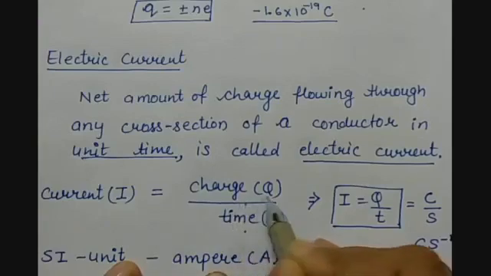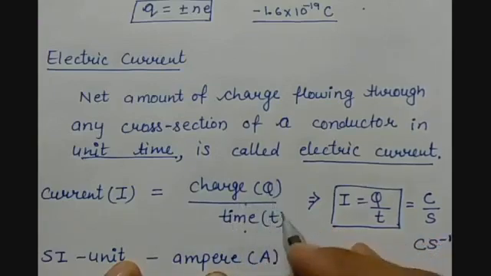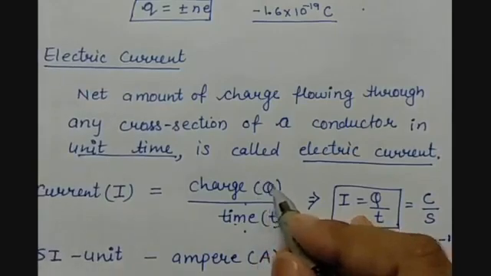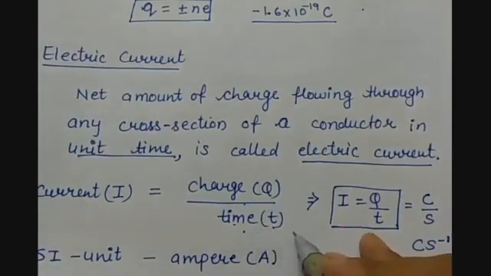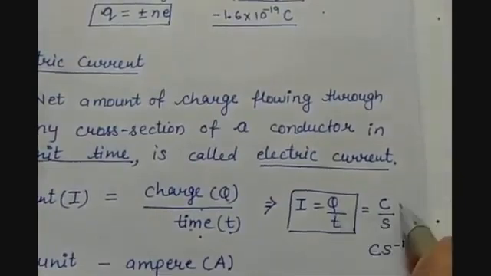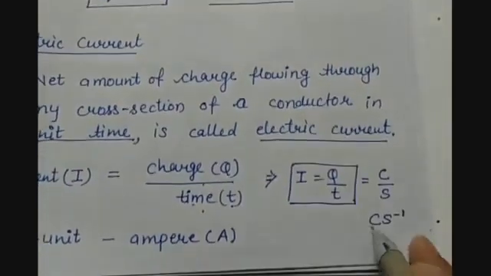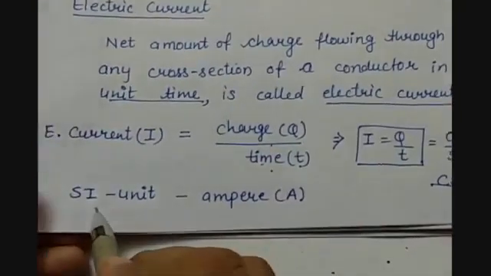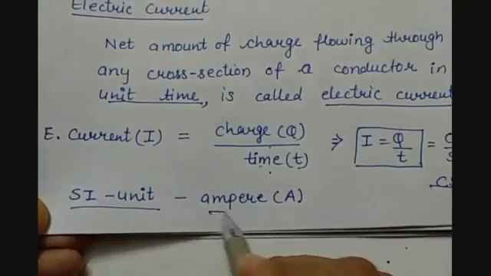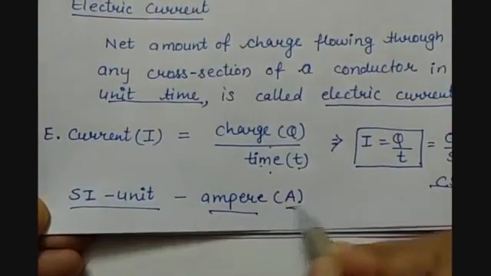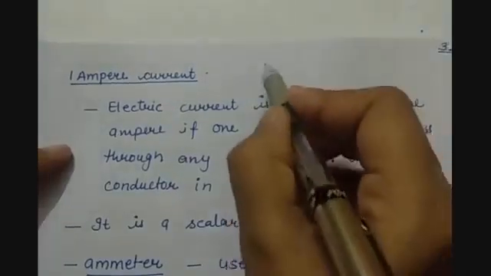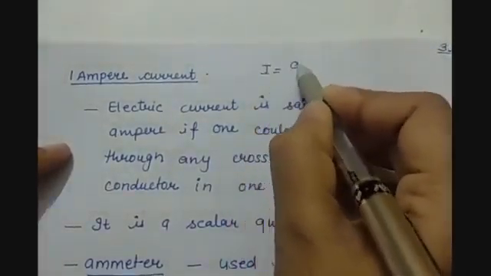So what is charge? Charge is Q, time is T. Charge is measured in coulombs and time is measured in seconds. So we have coulombs per second, or the standard international unit of current is ampere, denoted by capital A. So as we have I is equal to Q upon T,